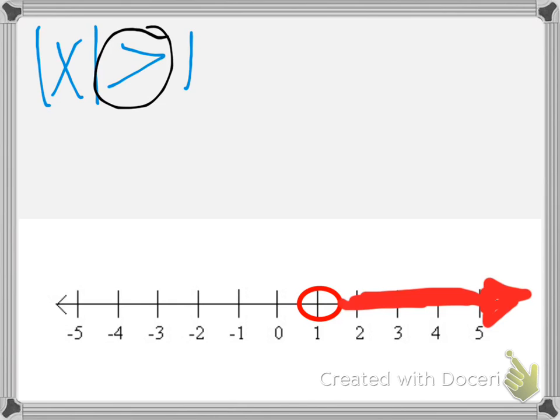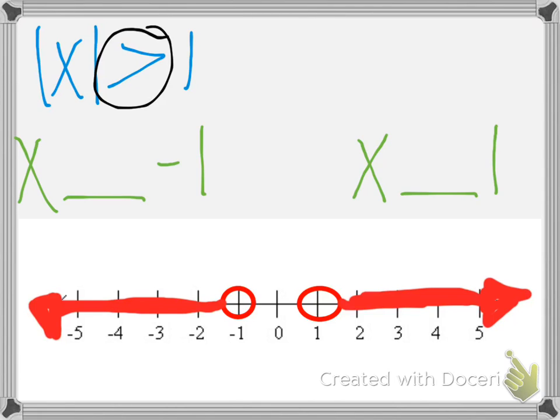Oh my goodness, and guess what else? All of the numbers that are to the left of -1 also have a distance to 0 that's bigger than 1. So I'm going to shade everything to the left of -1 also. All right, so let's look at what our graph is saying over here. In terms of that -1, basically what we're saying here is that we shaded all of the numbers whose distance to 0 is,